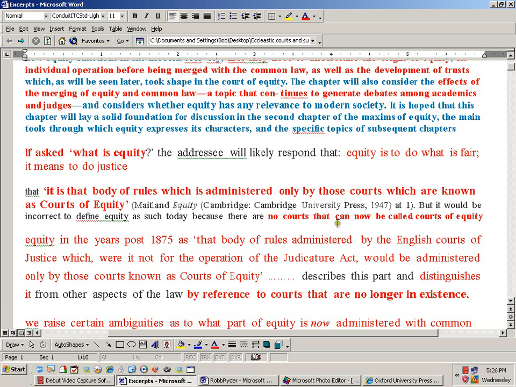Equity in the years post 1875, and I remember this is for the UK, so it does have some UK stuff in it. And for UK people, pay attention. This will get kind of interesting. As the body of rules administered by the English courts of justice, which were it not for the operation of the Judicature Act, would be administered only by courts known as courts of equity, describes this part and distinguishes it from other aspects of law by reference to courts that are no longer